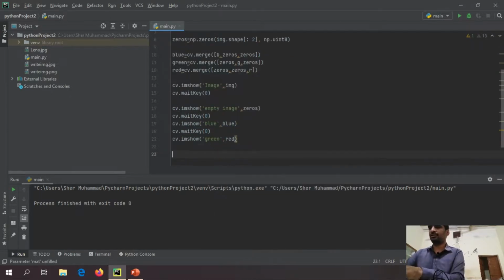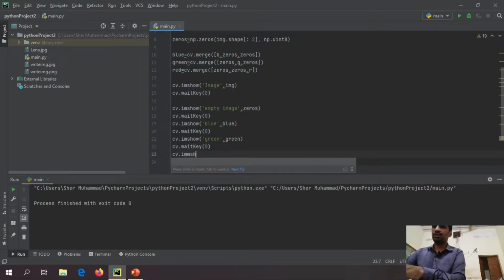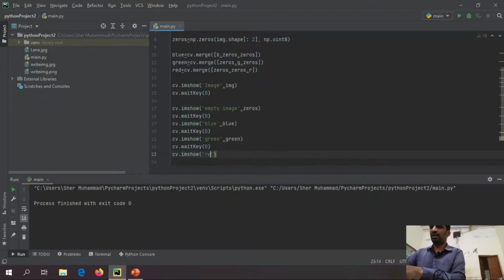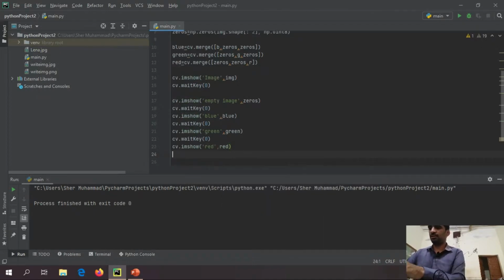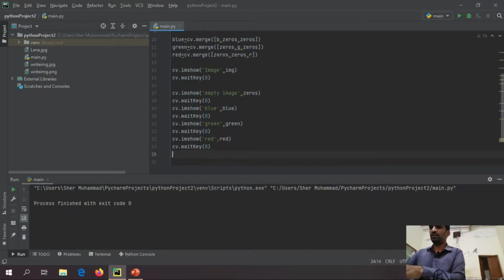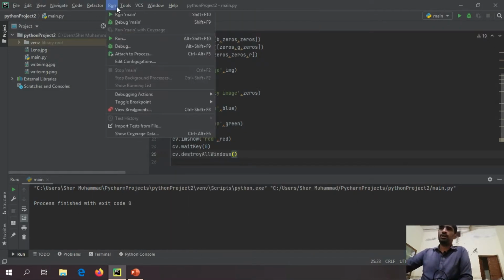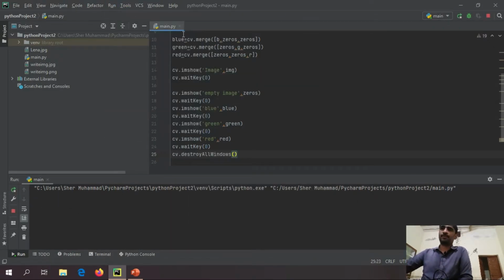So here is green. And now I want to see my image red. Here is red. So just destroy all windows, and we are going to run.